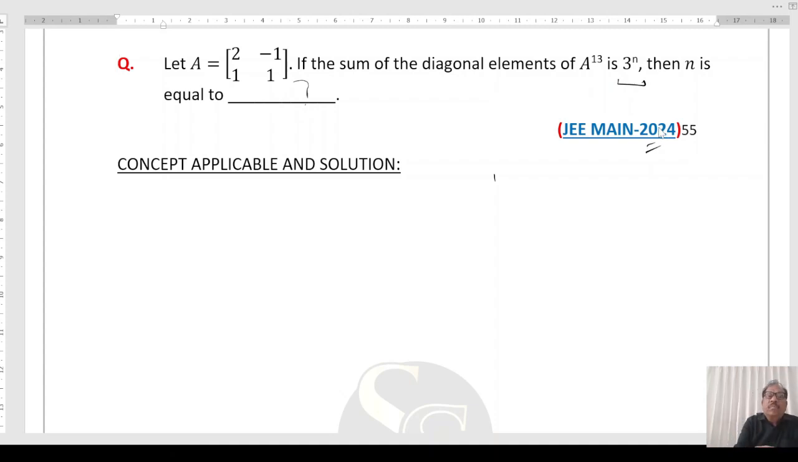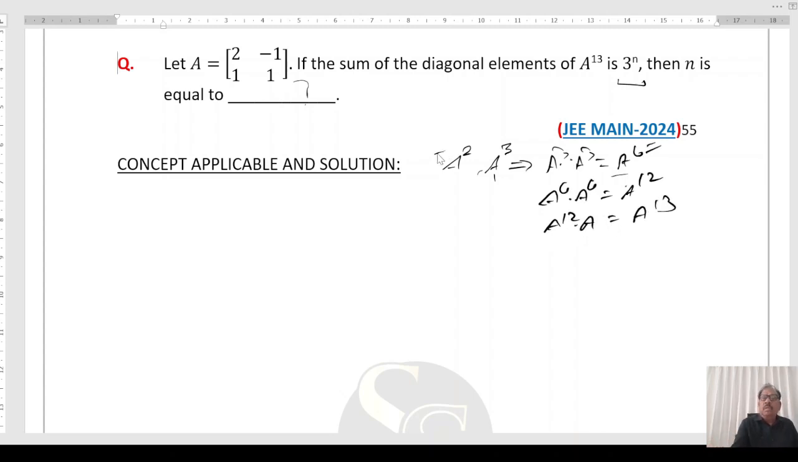In this case, given is matrix A, we will find A square, A cube, then A cube into A cube, A to the power 6, then A^6 into A^6, A to the power 12, A^12 into A, A to the power 13, right? You can use another concept also, A^4 into A^4 into A^4, but I am using this one, right? Then A square